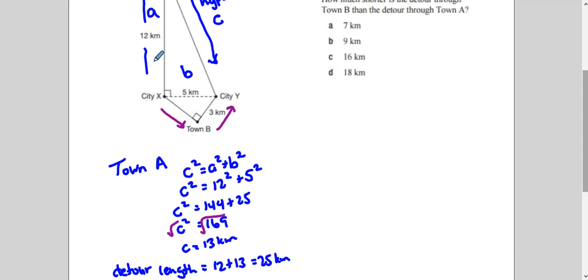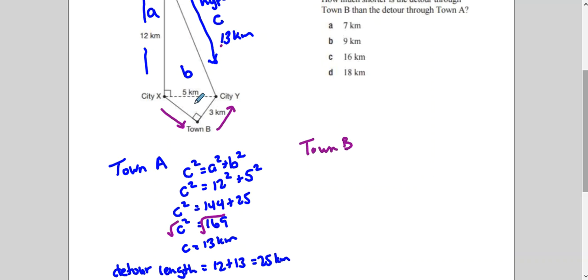So the detour length through A was 12 kilometers plus the 13 kilometers to get 25. All right. So it's 25 kilometers there. So town B,